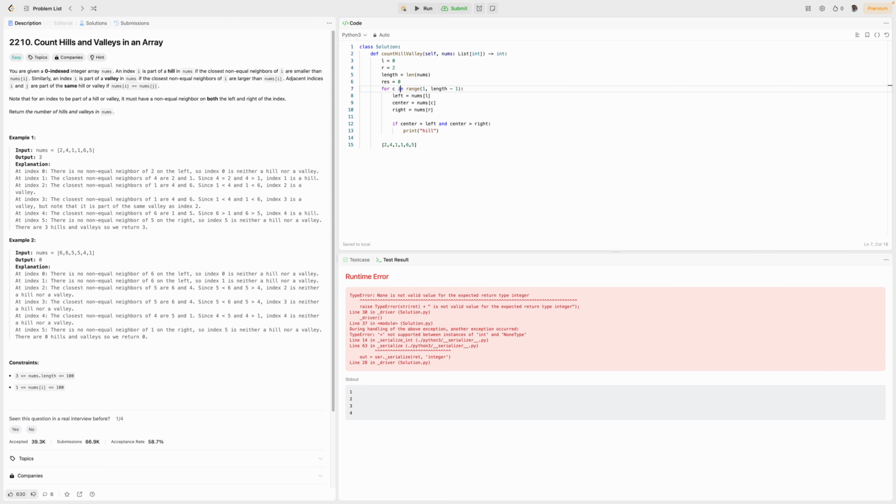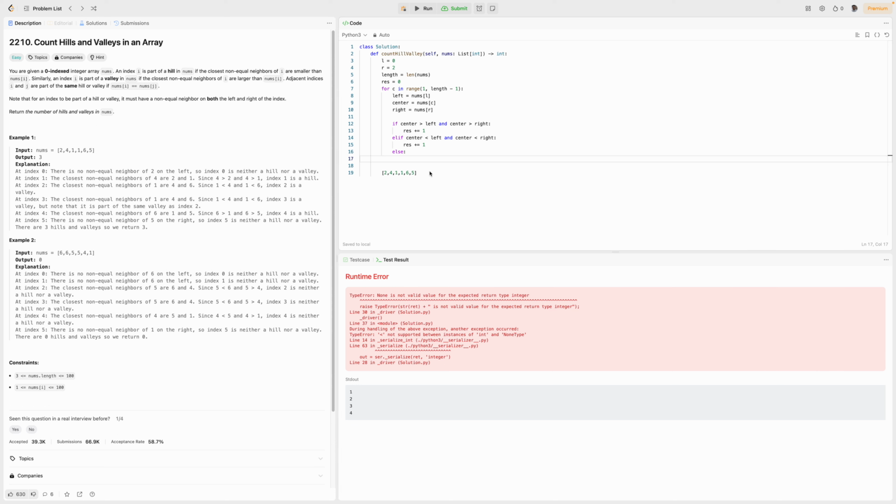Res equal to 0. Res plus equal to hill plus equal to 1, else if center is less than left and center is less than right, res plus equal to 1, 2, else, if it's neither of those,